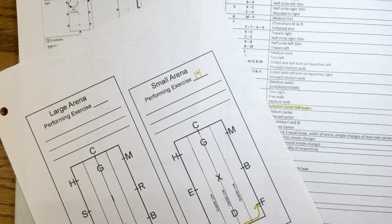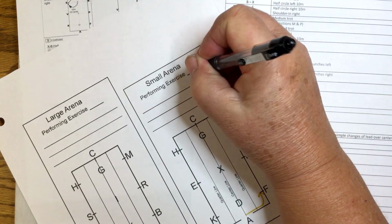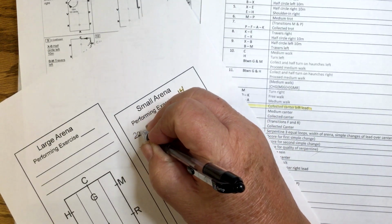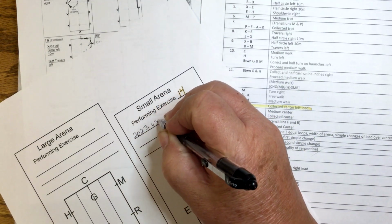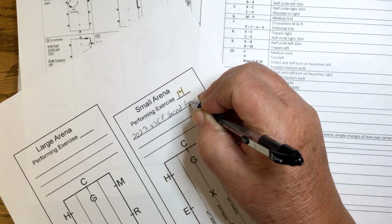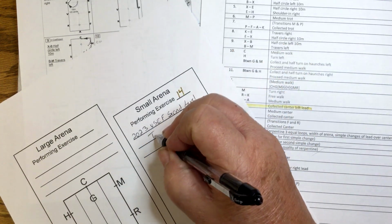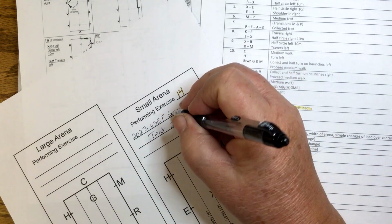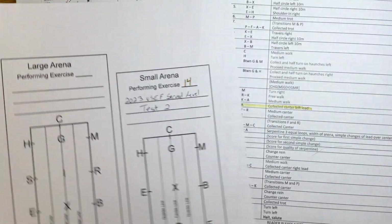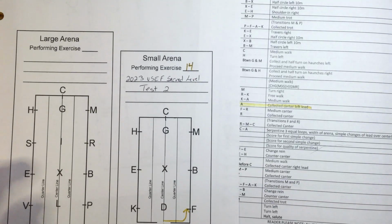And then I would do this in real pen. Where's real pen? I do have real pens. Exercise 14. And then I would put 2023 USEF second level test 2. Wow. Second, there we go. And then when it's time to show this,